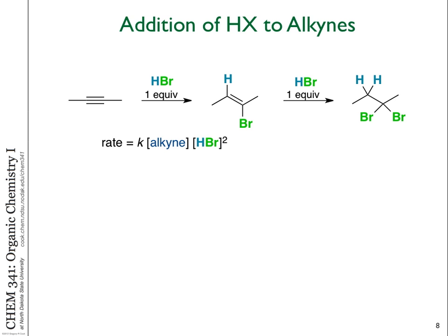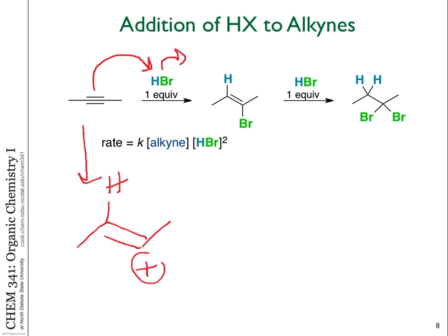So the first thing that you should think of at this point is, just like an alkene, you protonate, okay, and that would form this plus, a carbocation, right? That's what you would think based on the chemistry we've talked about with double bonds. And then the Br minus that was generated in that case would react and form this. All right? The second step,